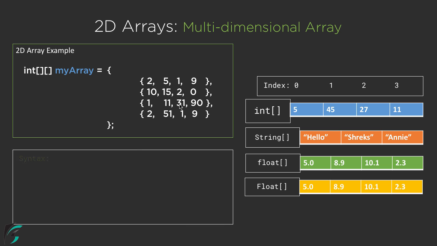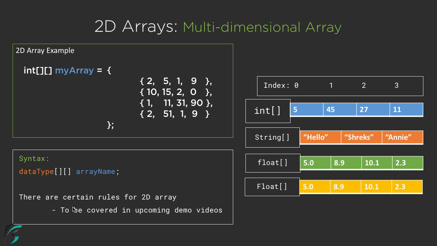So the syntax to define the 2D array in Java is that data type followed by square bracket open close, space, array name. And now this data type can be the string, float, double, int, boolean and so on. You can have any kind of data type present here. And now the concept of 2D array we are going to check out in a lot more detail in our upcoming videos. So as of now, just check out the basics and fundamentals of the 2D array. How do we define it and how does it look like?